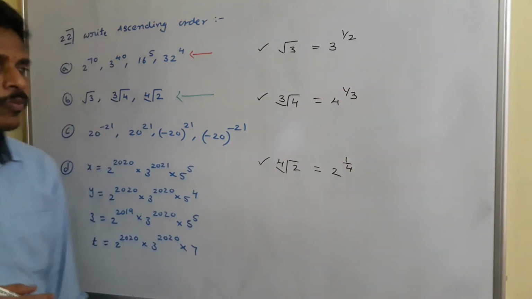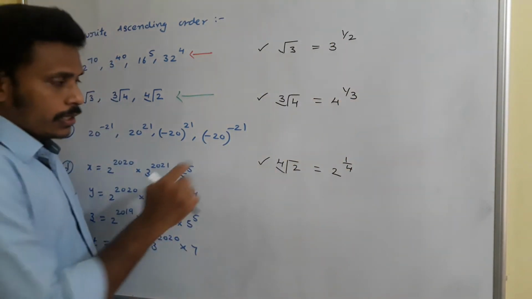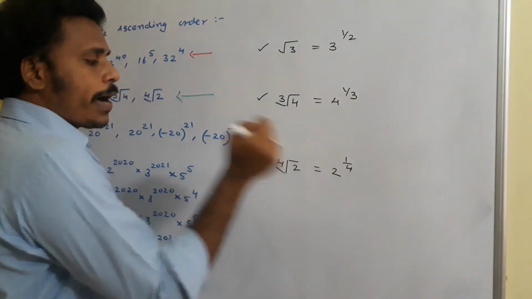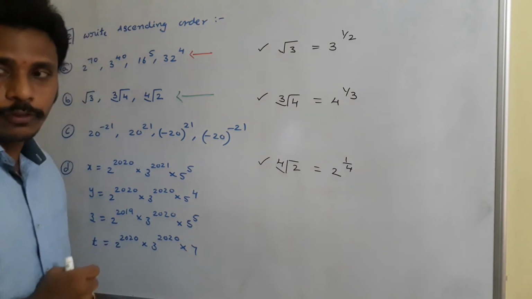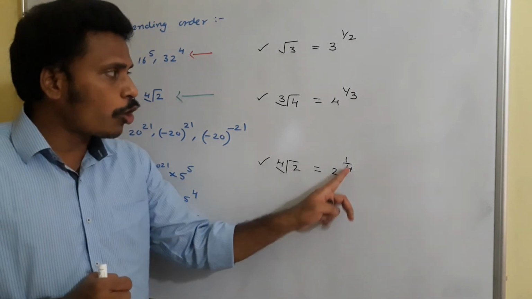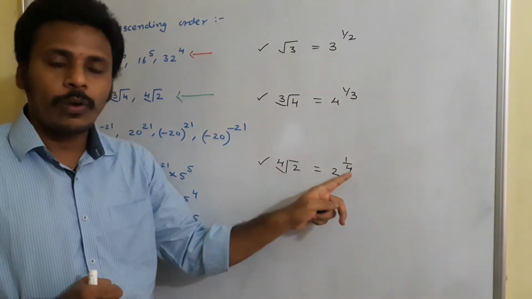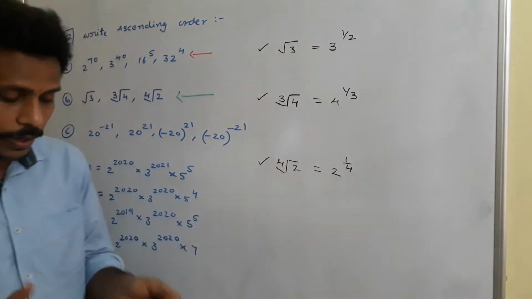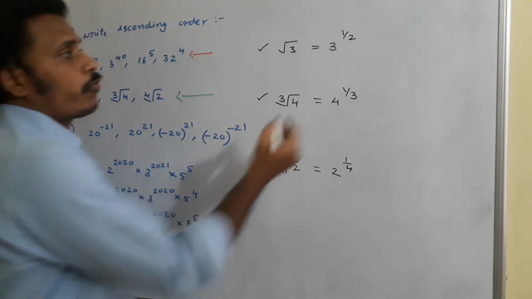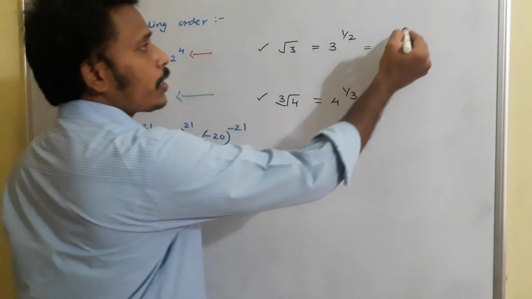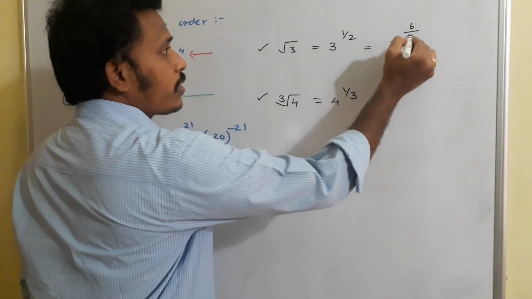All are different. Right? For this type of problems, you just think about these 2, 3, 4 and what is the LCM of 2, 3, 4. I need to make the denominator the same for all these. Very simple. 12 is the LCM. So I will try to rewrite everything with 12 as the denominator. So 3 power, that is 1 by 2, right? I will rewrite that 1 by 2 as 6 by 12.